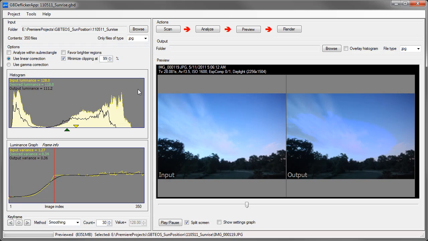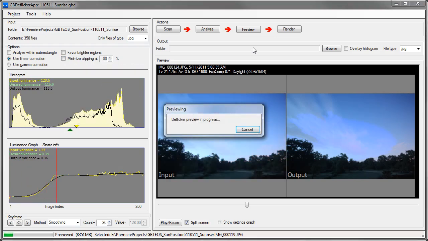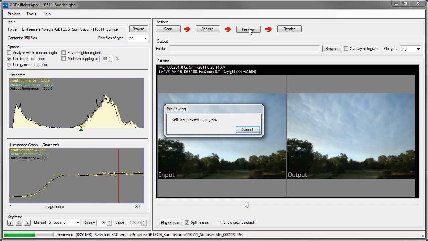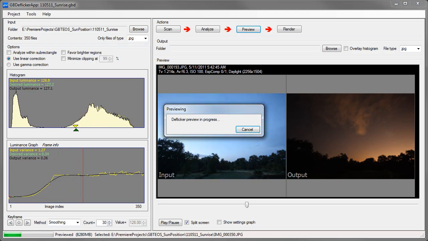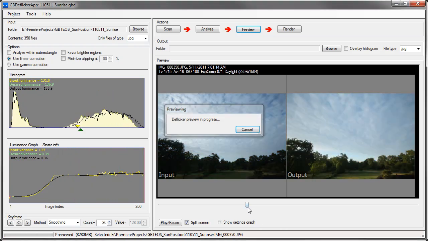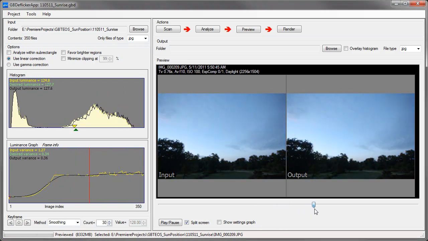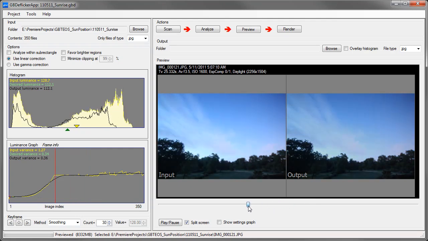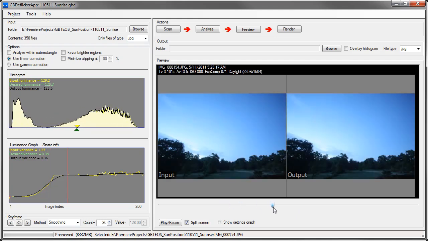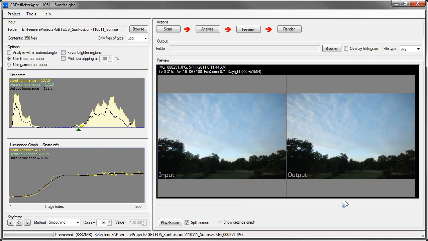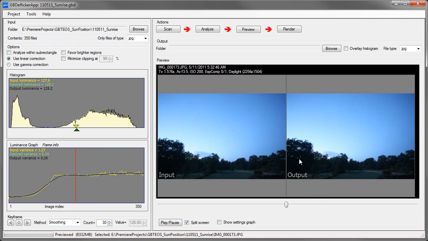So I'm going to turn off this minimize clipping and see what it looks like. I will preview again and see what that looks like. Yeah, that blue banding went away, so that's better. So this is a pretty good result. I'm just going to go ahead and